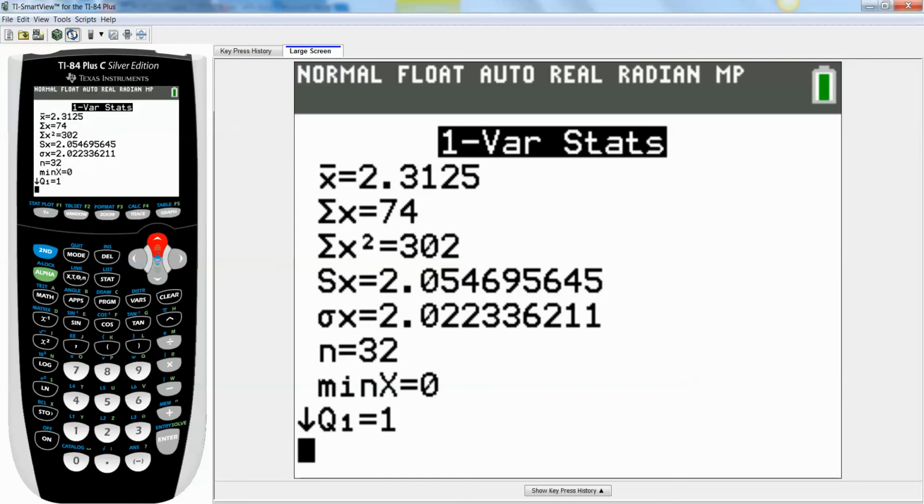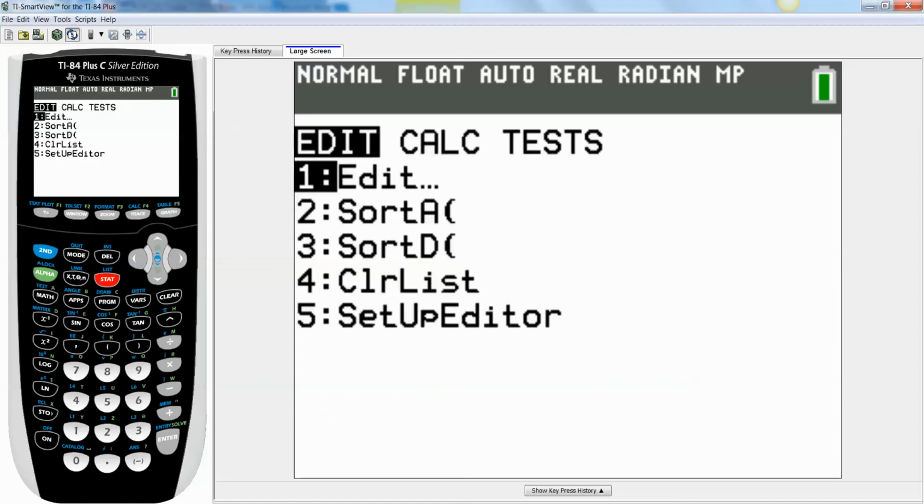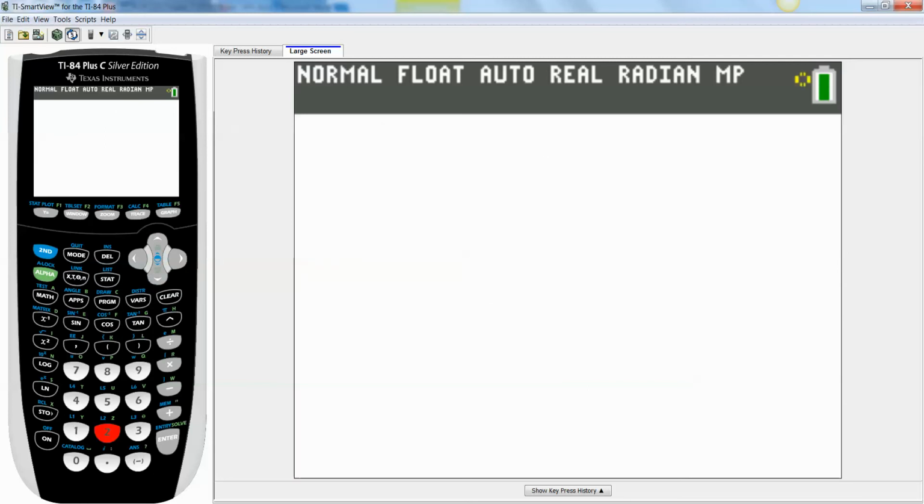The one thing it doesn't give you in here is the mode. So if you ever want to find the mode, you can either look at the data set, but you can also help yourself a little bit. Let me go back to Stat for a second. Suppose I want to sort my data set, because if you remember, it's kind of jumbled. So I want to sort. SortA is ascending, like climbing, going up. SortD is descending, going down, from high to low. So either one of these will work. Let's say I want to sort ascending